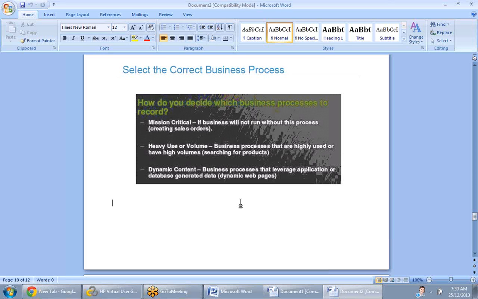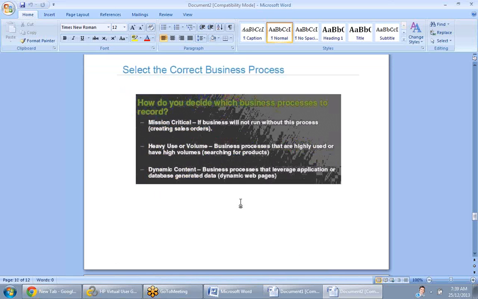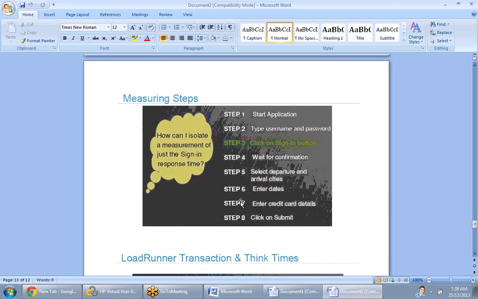Yes, ma'am. Okay. So to understand a clear business process, this is a business process. One business process here is like they have started one application, logged in, selected a flight, entered the to and from departure locations, and then they want to book a ticket. In this case, they have done simple steps to book a flight ticket.